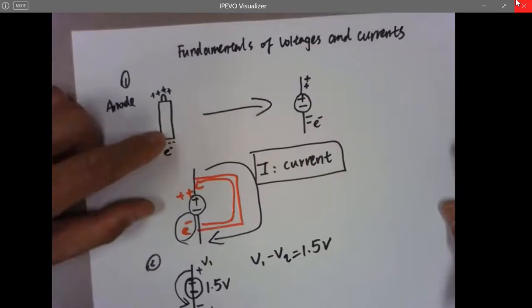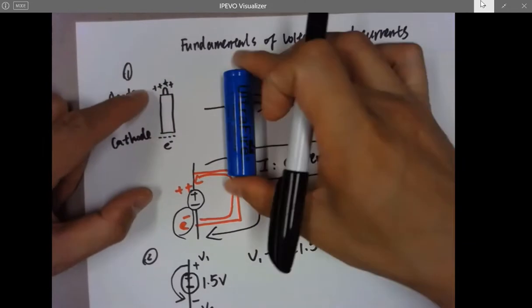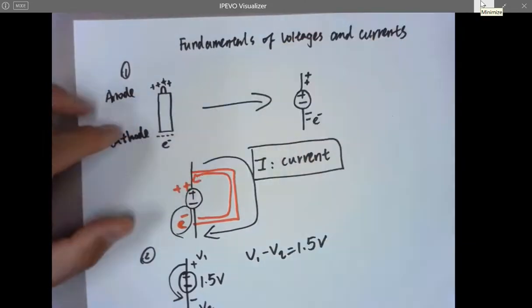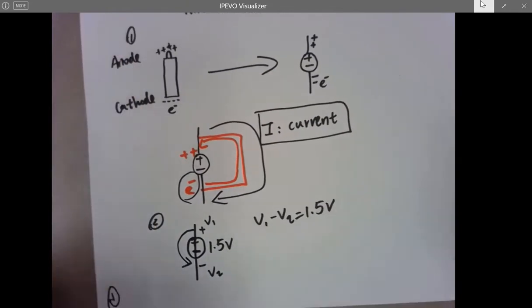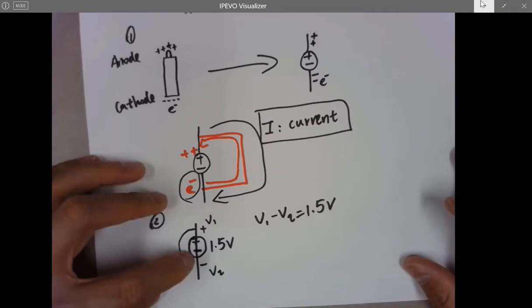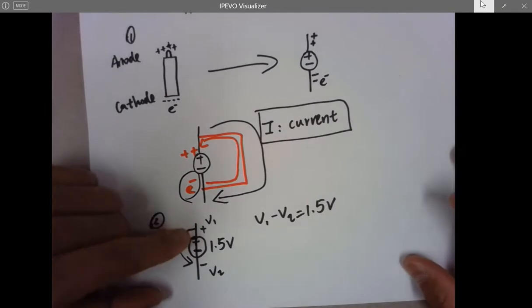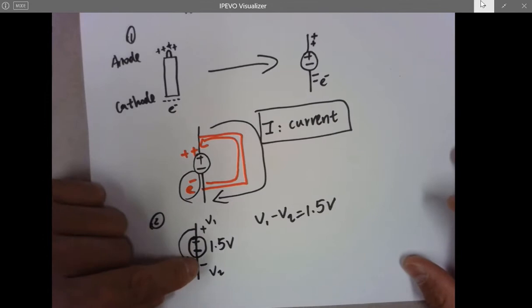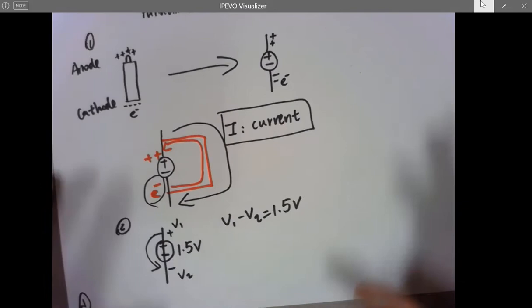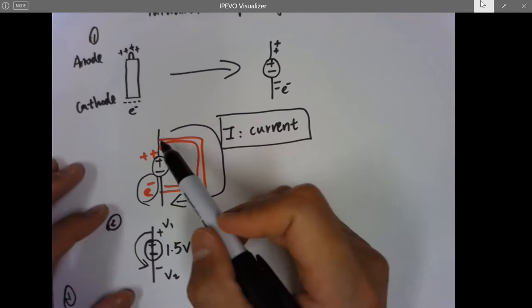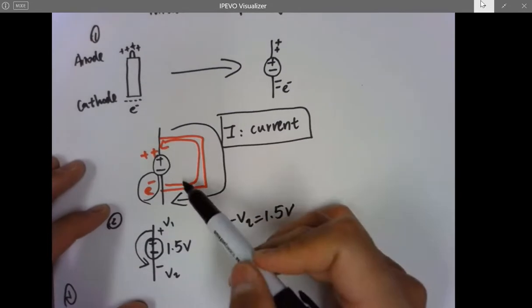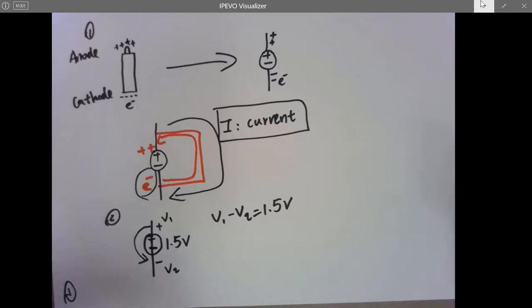right? So this battery has a 3.7 volts rating, but if you have a different voltage like 1.5 volts, that is the potential difference between the anode and cathode, which actually uses the potential at the anode to subtract the potential at the cathode to get this value. Okay, so the battery forms that potential difference, which can force the electrons to flow to the anode, which forms the electric current flow. Okay,